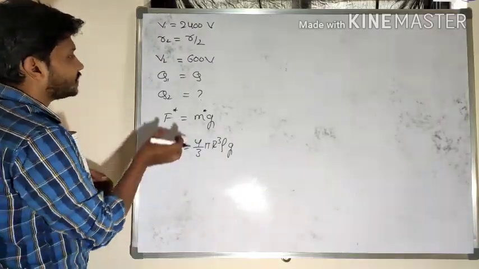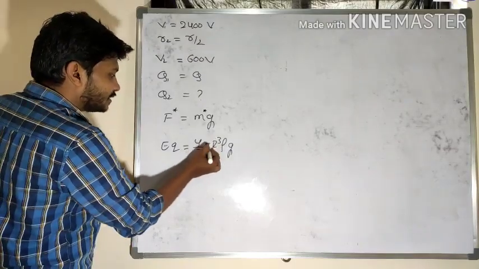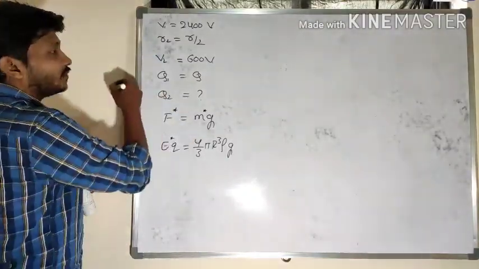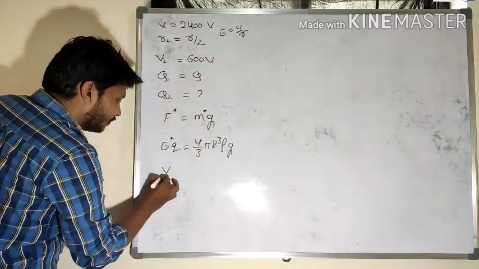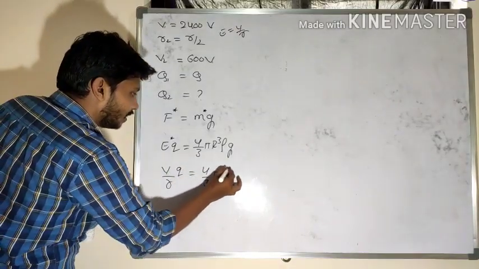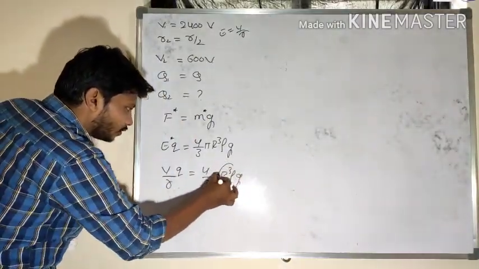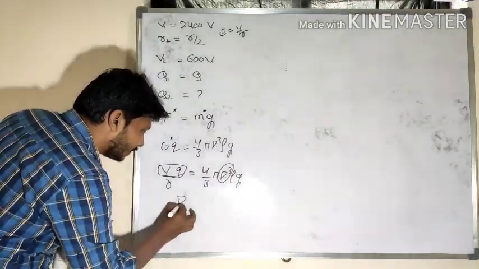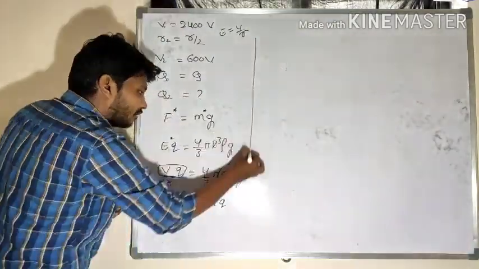So I will rearrange this equation. Radius is proportional to what? Wherever E is there, I will consider the potential value. What is the relation between field and potential? E is equivalent to V by r. So V by r into Q is equal to 4/3 pi r cube rho g. Equating these, r cube is proportional to V into Q. So I will use this equation.